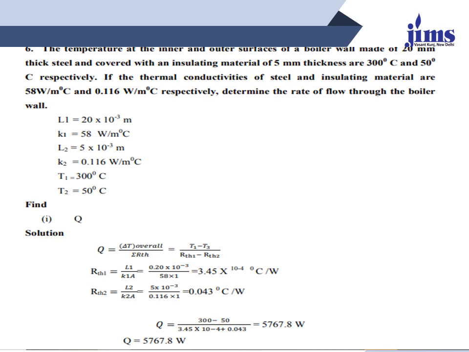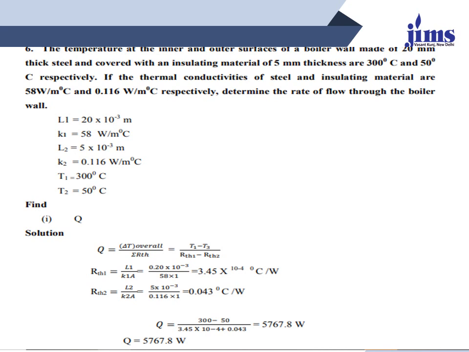So this problem is based on a composite wall having two layers, and the first layer is steel and the second layer is covered with the insulating material. So the given values: L1 is equal to the thickness of the steel wall, 20 multiplied by 10 to the power minus 3 meter, conductivity of the steel wall 58, conductivity of the insulating material 0.116, temperatures 300 degrees centigrade and 50 degrees centigrade, higher temperature 300, lower temperature 50 degrees centigrade. In this problem,